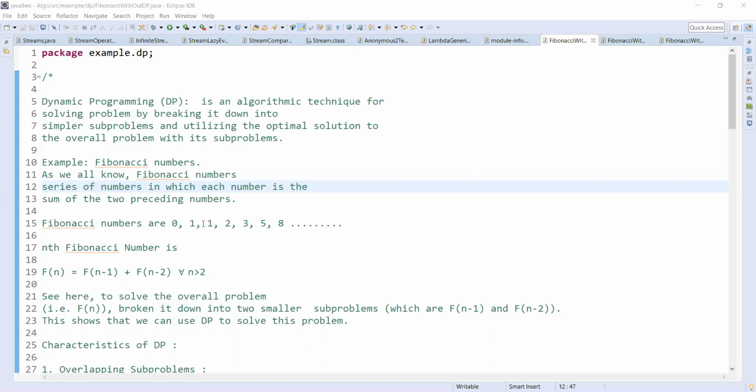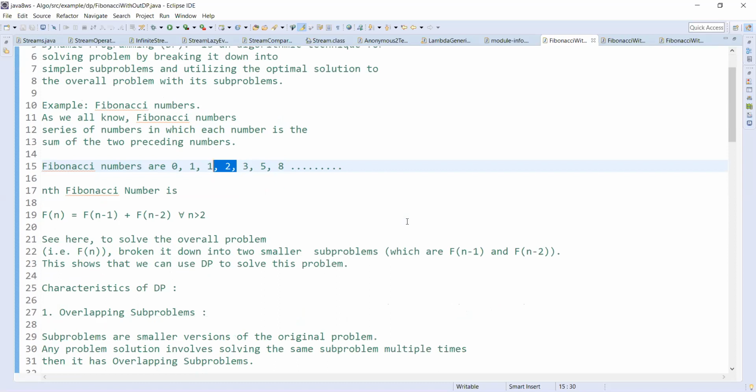The 0th Fibonacci number is 0. The first Fibonacci number is 1. The second Fibonacci number is the sum of the previous two numbers, 0 plus 1, which is 1. Then 2 is the sum of 1 plus 1, and 3 is the sum of 1 plus 2. Likewise, our series is 0, 1, 1, 2, 3, 5.